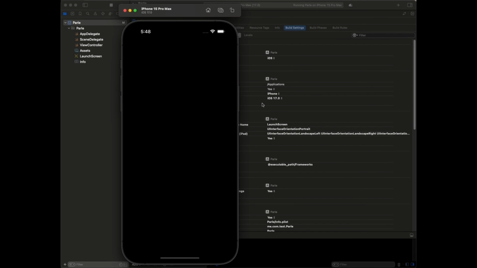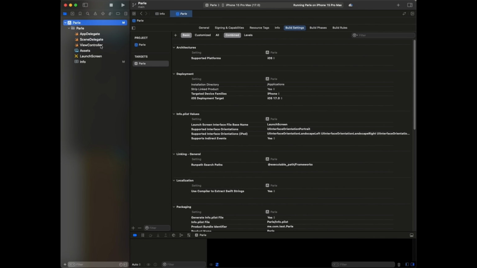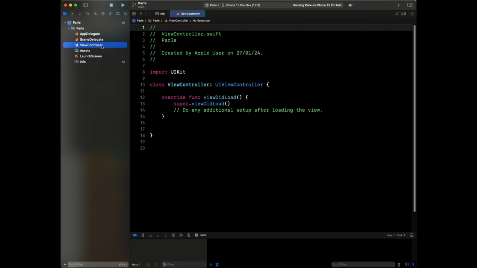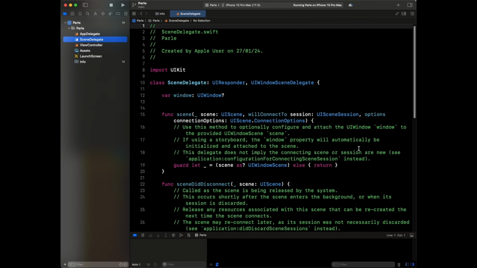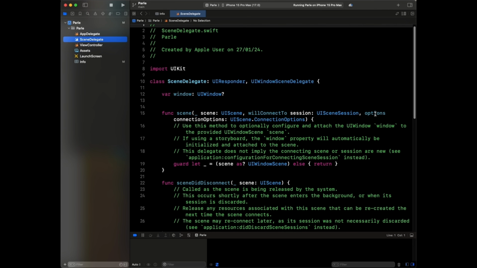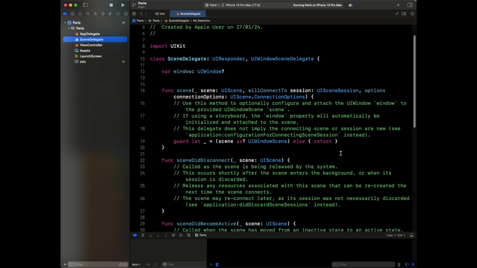So what we would like to do is come here and make this view controller that is here the entry point of our app. And for us to make it the entry point of our app, we would need to tell the scene delegate that this is the entry point of our app, right? So we come to the scene delegate, the very first method. This is the connection options, will connect to, the very first method, right? So we get that. And what we want to do is come here and say